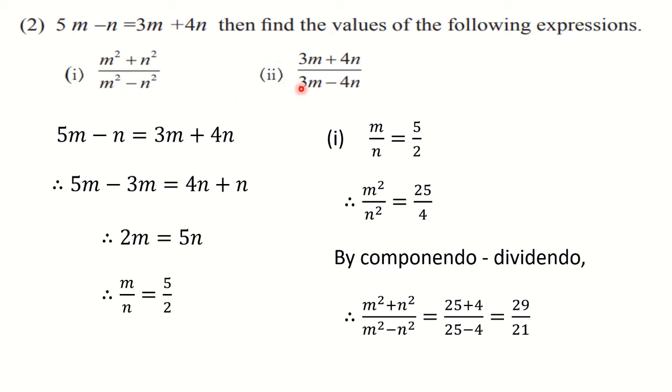Now for the second one, again you will use the original ratio which we found, that is m upon n is equal to 5 upon 2. But now the numerator is 3m and the denominator is 4n. So here you will multiply both the sides by 3 upon 4 and then you will solve. Got it? Same operation you are going to perform, only this step will be different. Here we have squared. Here you have to multiply by 3 upon 4 in both places and you are going to get the answer. So copy it down.